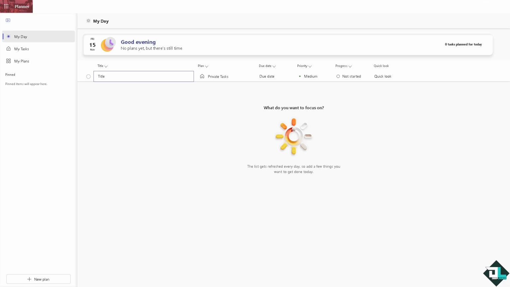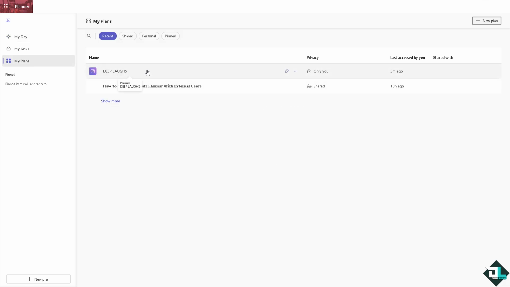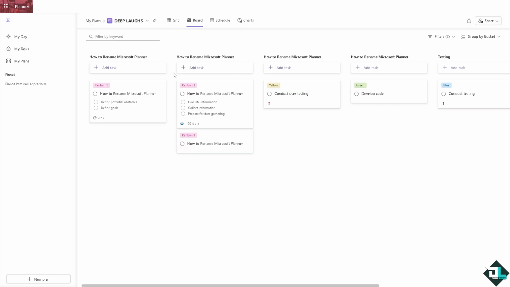All right. And similarly, if you're having trouble signing in, double check that you're using the correct account and password. If needed, contact your IT administrator for assistance with your Microsoft 365 account. And once signed in, you'll have full access to your tasks and plans here in Microsoft Planner. You'll notice that you have the access now, and you can do a lot of things here. You can put in a new task,